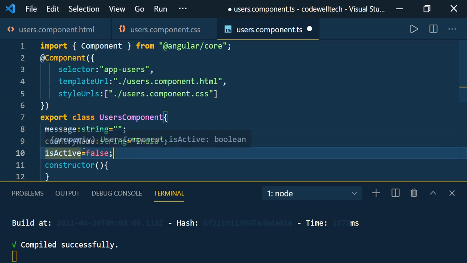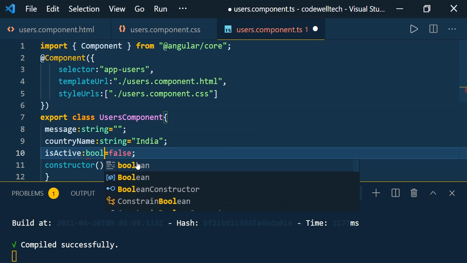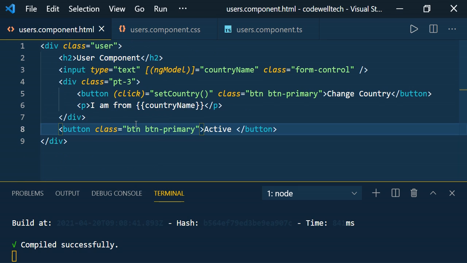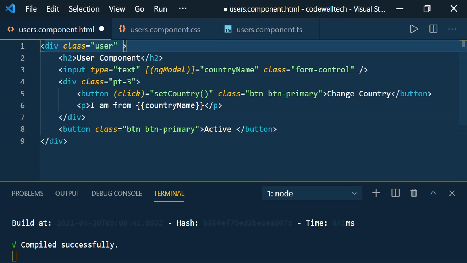So isActive is false, and you can define the type also here. It is boolean. By default isActive is false, and whenever it is not active, I would like to add some dull color to this user component. So here I'm going to use the ngClass directive. Here we need to use property binding. We know that using these square brackets we can do property binding.